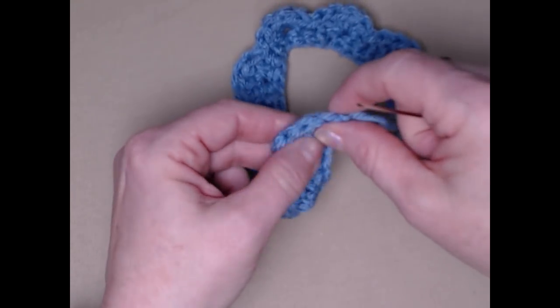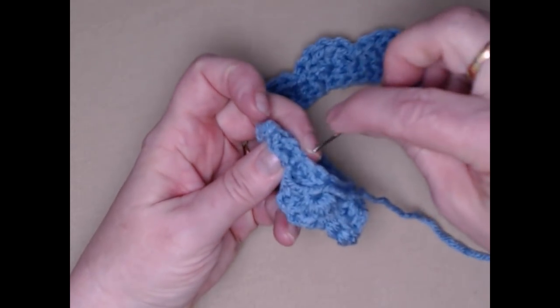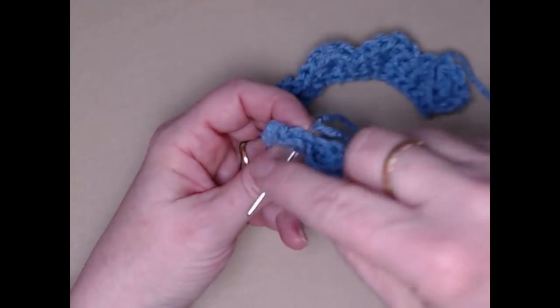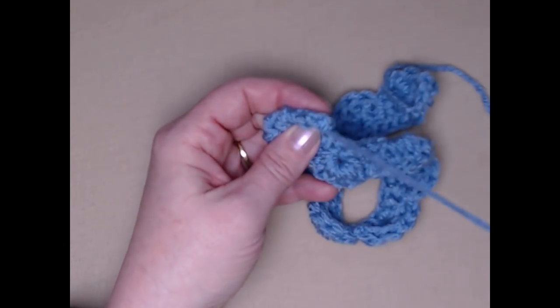So what we're going to do is bend the first one in half, the first shell, and we're just going to go through the bottom where those single crochet stitches are, and I'm just going to put 2 quick whip stitches. And now we're going to just roll it up,